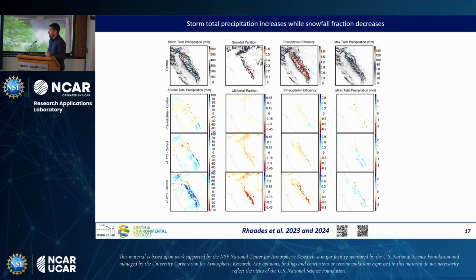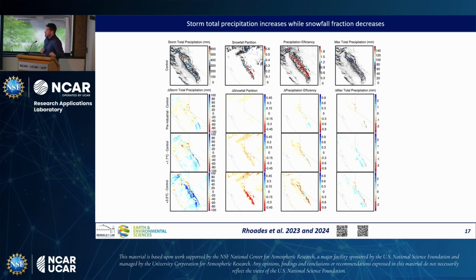We evaluated something called precipitation efficiency. It's a metric trying to evaluate how much of the integrated water vapor was actually extracted during the event. So we would take storm total precipitation and divide that by storm total IWV. And so that ratio kind of tells you the percent of IWV that was extracted over those 4 days of